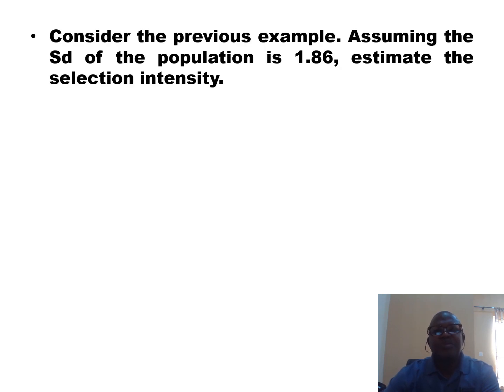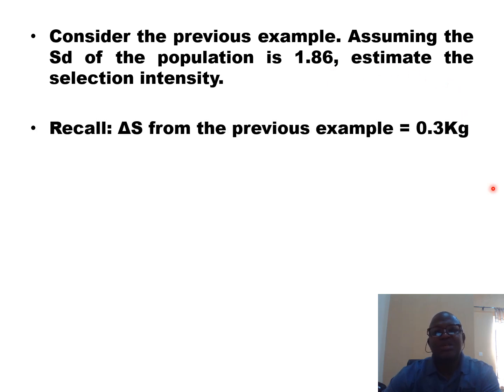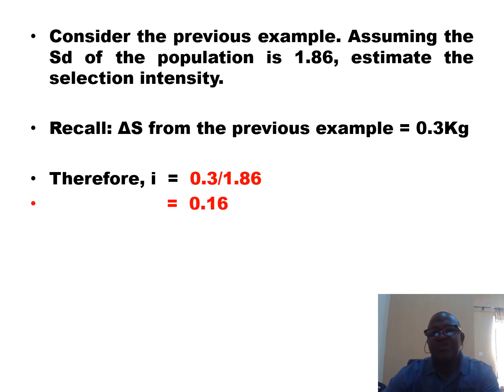So let's consider the previous example. Let's assume that the standard deviation of that population is 1.86. To estimate the selection intensity, recall that from the previous example, the selection differential was 0.3 kilogram. So the selection intensity is equal to 0.3 divided by 1.86, and that will give us a value of